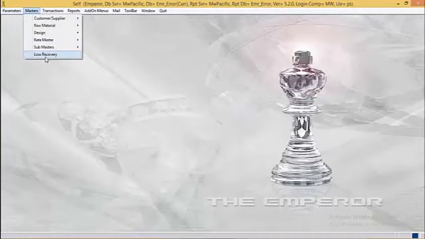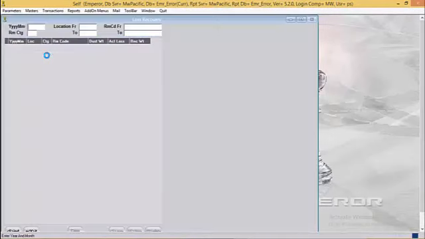Next master is loss recovery. Here, user enters the gold recovered against the dust collected or the actual loss incurred in the given process during a given month.